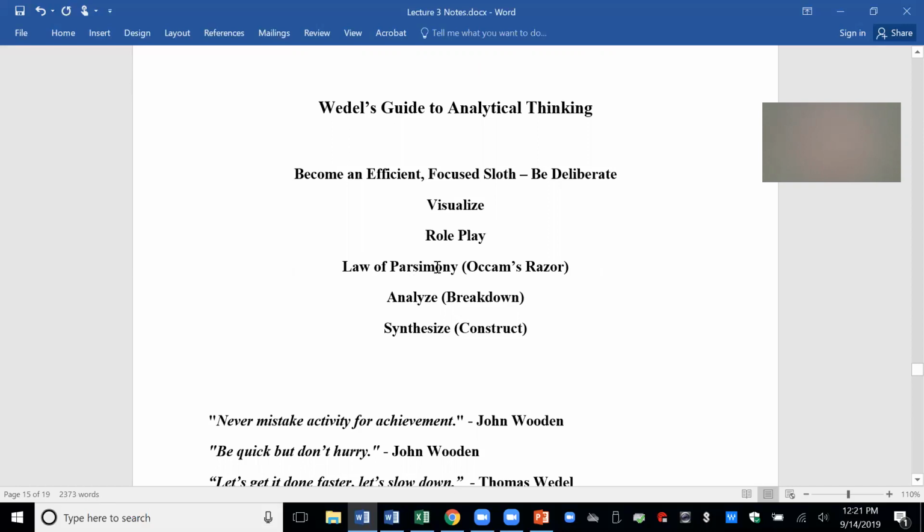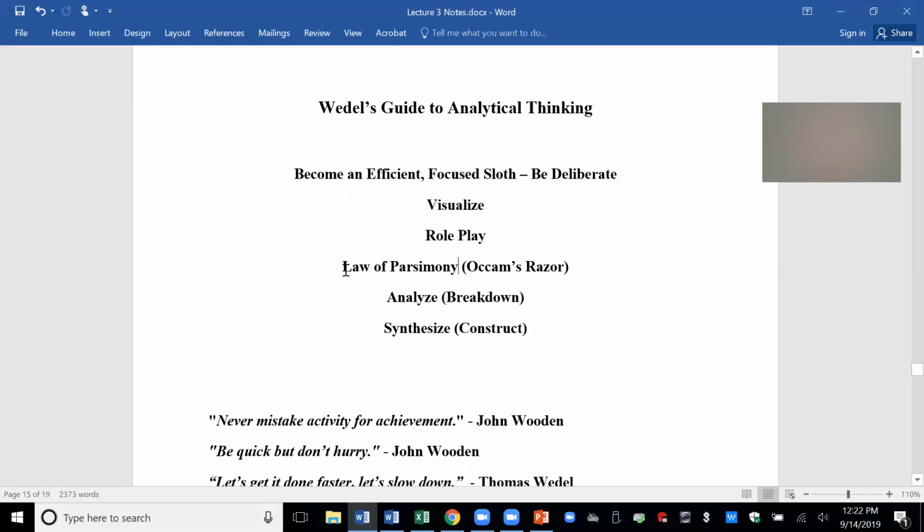We employ the law of parsimony, also known as Occam's razor, named after William of Occam. Around 1050, he got in trouble with the Catholic Church because he said a lot of things that Aristotle claimed were wrong. And the church was a big backer of Aristotle at that point. He said some of the stuff that Aristotle claimed had much simpler explanations. And that's what the law of parsimony is all about.